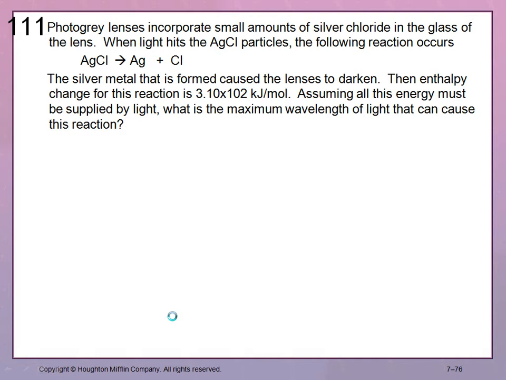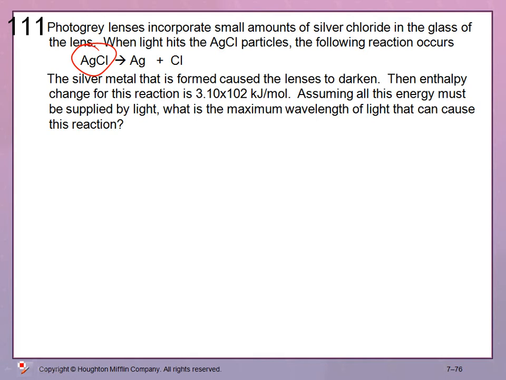Which is, to me, just one of my favorite problems in the textbook, because it's a fascinating application. A lot of you have seen photogray lenses. They're the lenses that, when you take glasses out in the sun, get dark automatically. And I don't know if you've ever given any consideration to the chemistry behind that. Well, the chemistry is that this compound is incorporated into the lens, silver chloride, and silver chloride is sensitive to